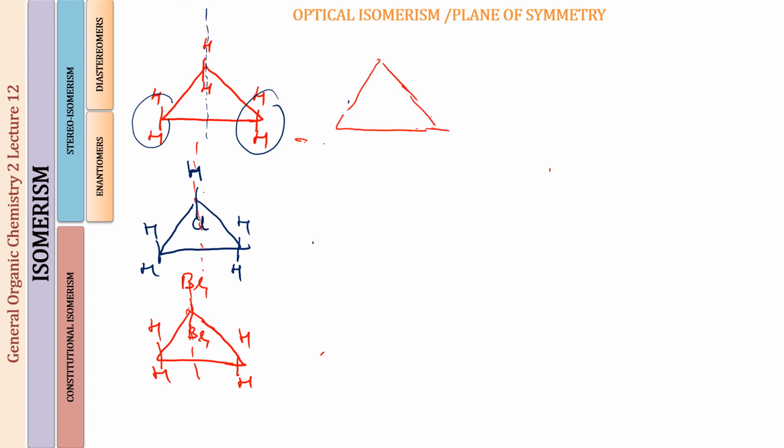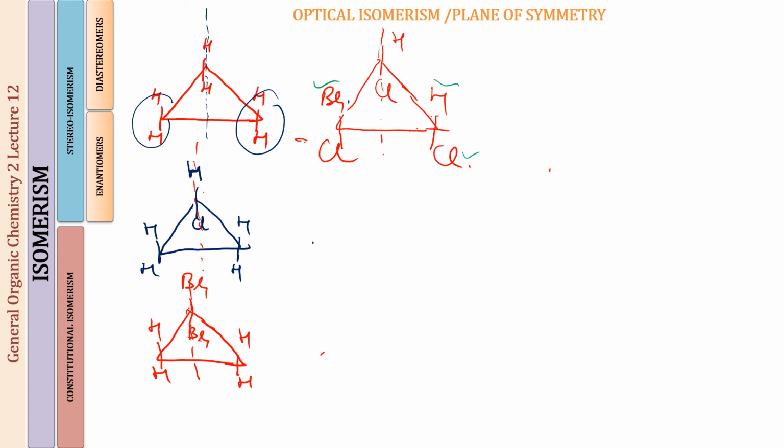So in this molecule what I have is an H, a Cl, a Br, a Cl, and an H and a Cl. Well, now if you are going to drop down, you will see that the two halves are not going to be the same. On one side we have a Br and a Cl, on the other side we have an H and a Cl. So this is not going to be a plane of symmetry. So is this molecule achiral? Is this molecule having any plane of symmetry?